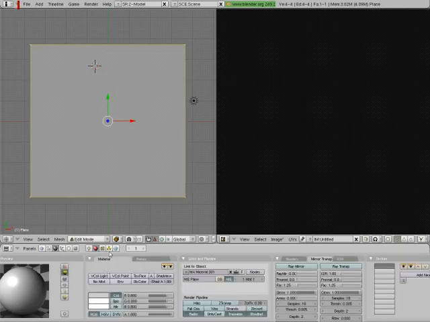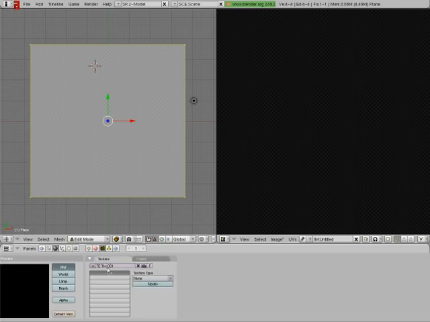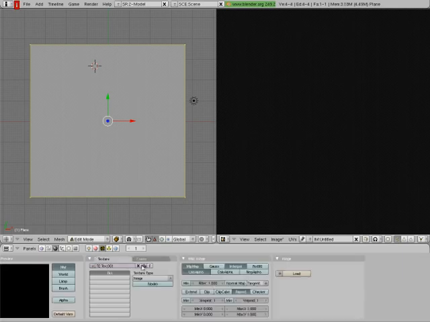add a new material, texture button, add new, image, select the arrow, untitled,